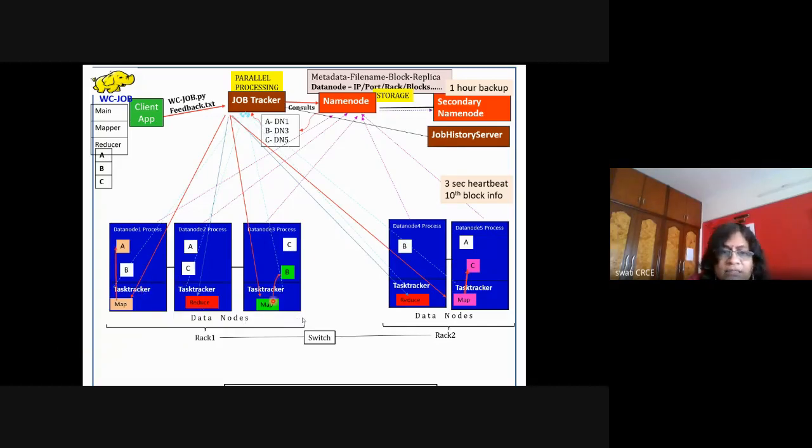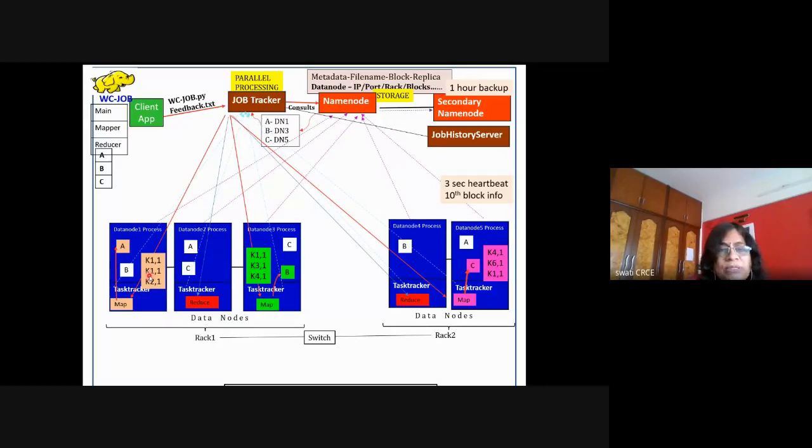So the same set of instructions is executing on these blocks in parallel at the same time, and the output is generated. That output is called the intermediate output, which is always in the form of key and value pairs. Suppose these keys are created here, I'm just writing the example as K1, K2, K3. These keys are generated and the corresponding values are there. So every mapper will generate intermediate key and value pairs, and they are stored on local storage.